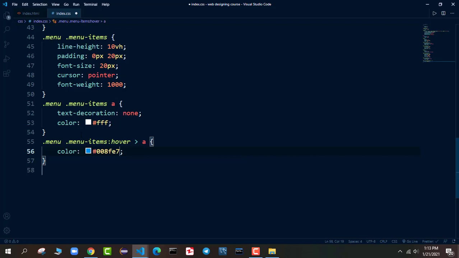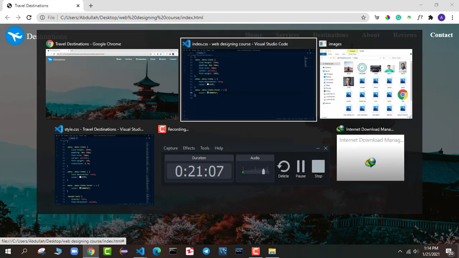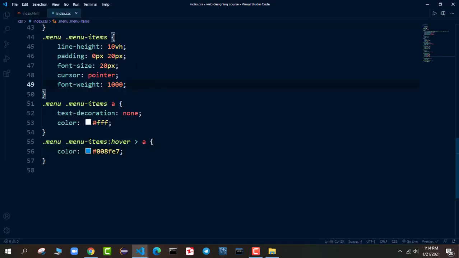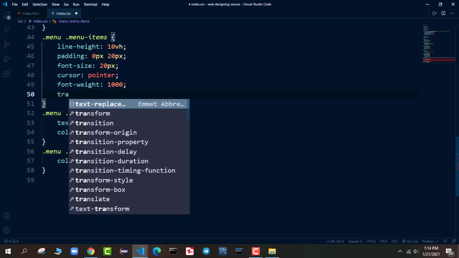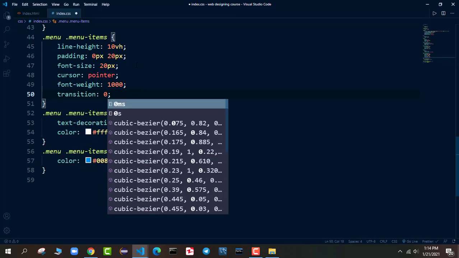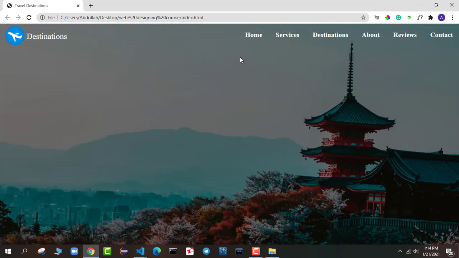So this is the color that we want. If I go back and refresh it, you can see this is the color, but we want that it should change after a few milliseconds. So we say transition 0.3 seconds. So it will change a bit slowly, and you can refresh it. So you can see when we refresh it, they have a bit of transition.